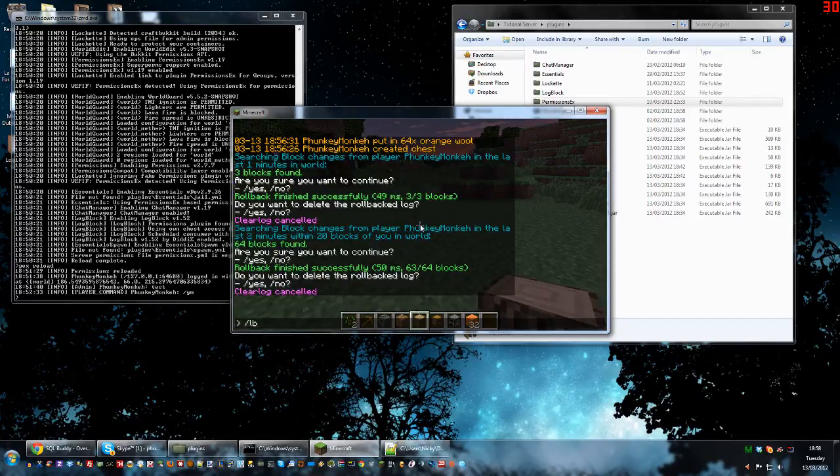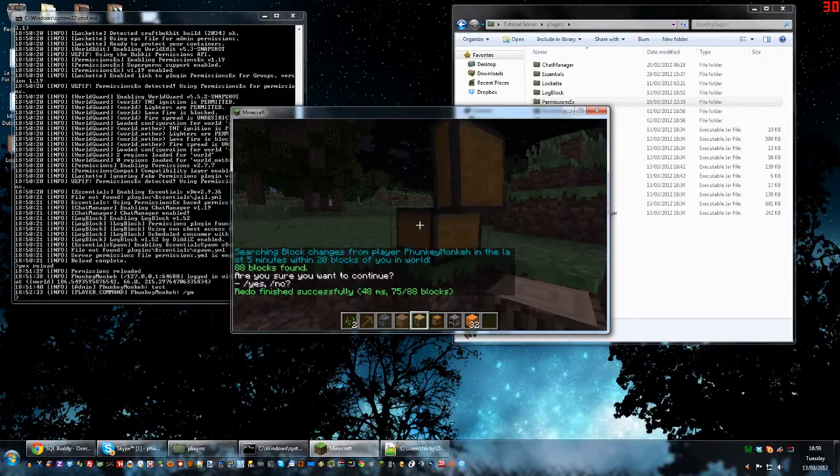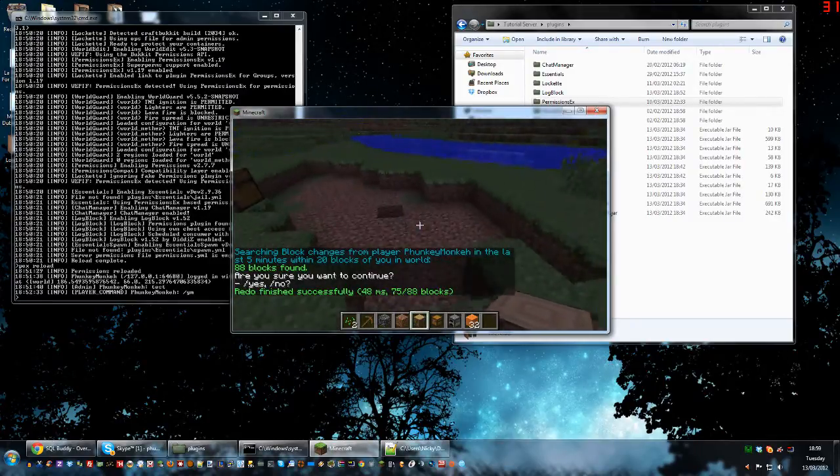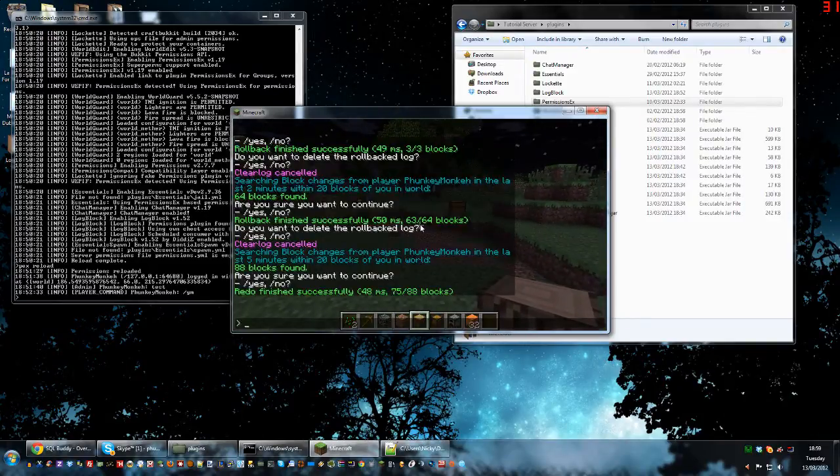But one more command is, let's say for example, I just got rolled back by accident, like that hole in the ground that was supposed to be there. You can undo a rollback by using this command, and it's very similar. It's lb instead of rb, it's redo. Player phunkeymonkeh. Oops. Since we have to increase the time limit because some more time has passed now, 5 minutes, area 20. Are you sure? And there we go. Even our chest is back. Look at that. So yeah, the lb rb player and lb redo player are going to be 99% of your usage